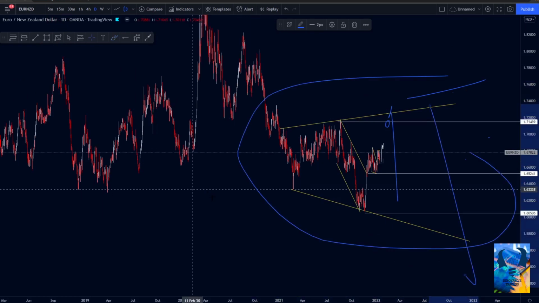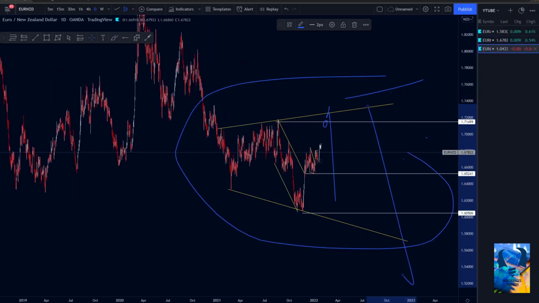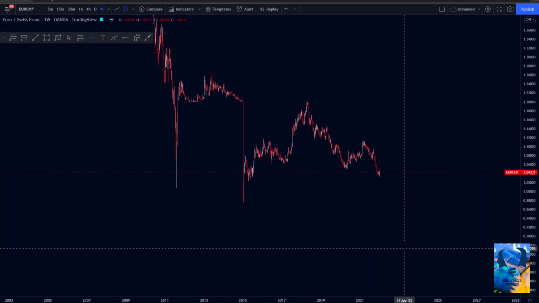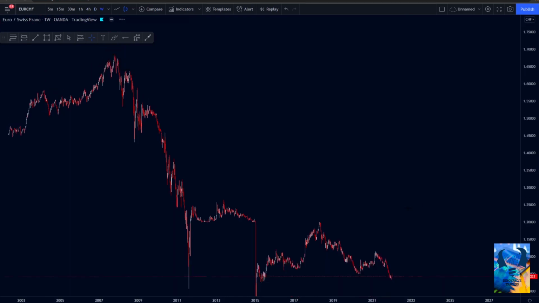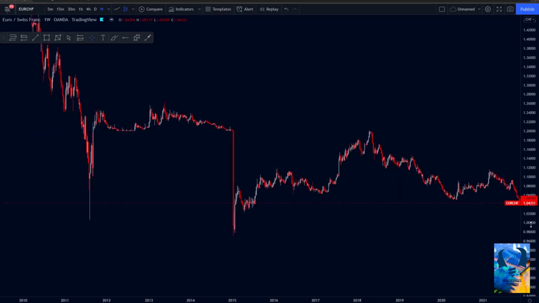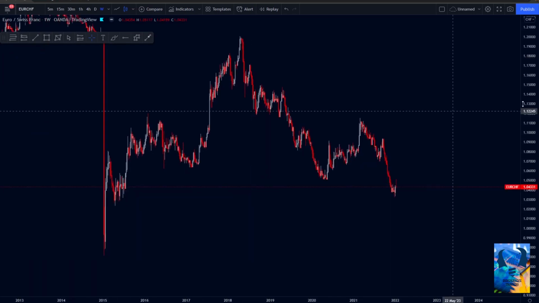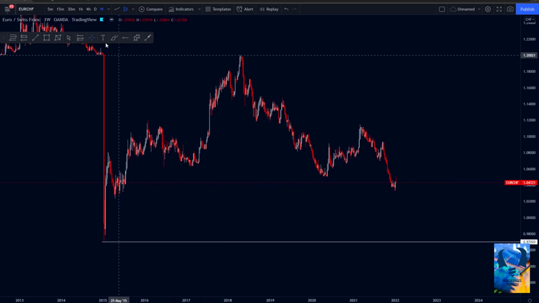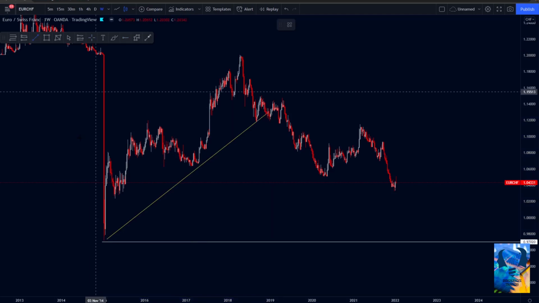Now let's take a look at the last pair, which is EURCHF. Taking a look at the higher time frame, this is what you're currently having. This pair, naturally, is a bit slower, but whenever you're seeing an opportunity, you must take it. Based on what is currently happening here, price is still yet to fill this level here. Why do I say that? We previously had this continuation bearish channel